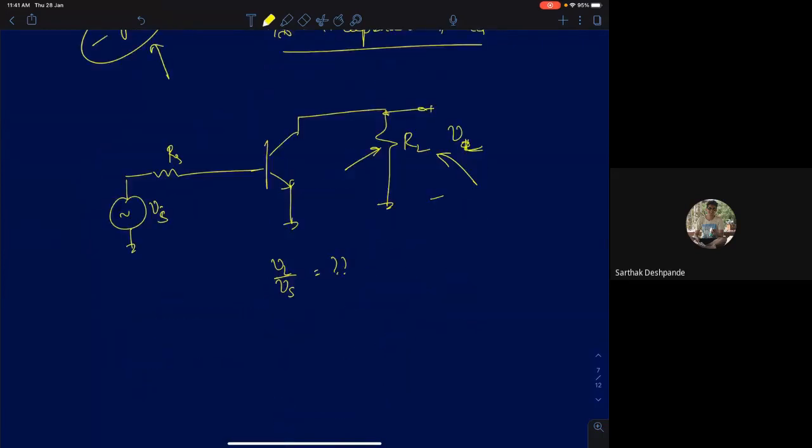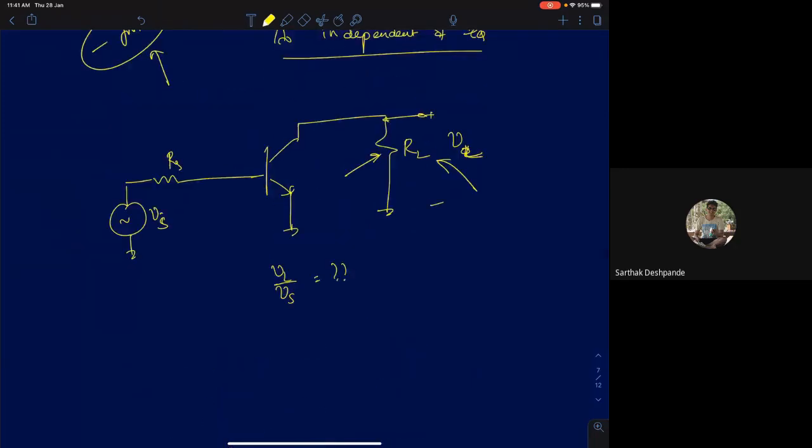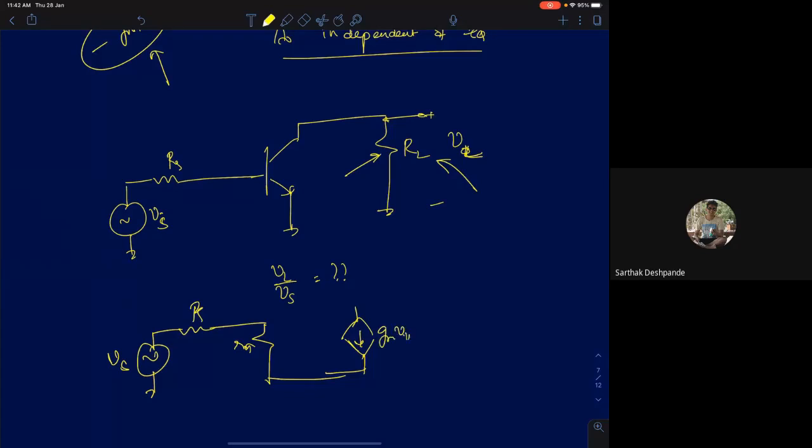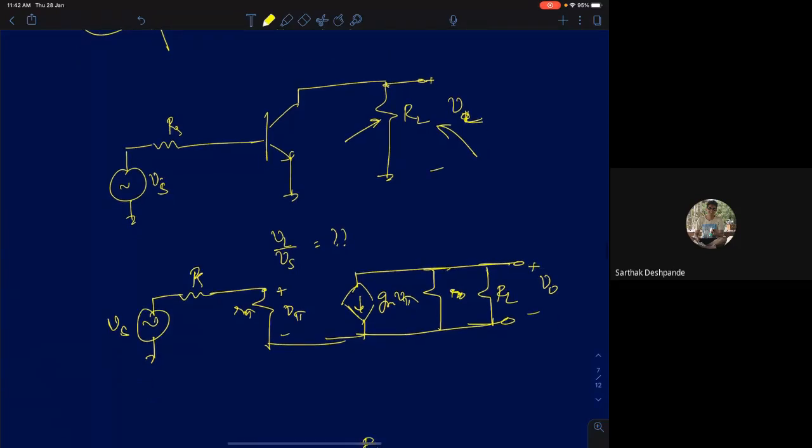Now with the load resistor, if you connect the load resistor, what will be the overall gain? So I will very quickly derive it. I've already derived it in one of the previous lectures when you have a load resistance, but we can derive it again. Draw the small signal model for the BJT. Okay, and you are supposed to find the voltage V naught. See, whenever you are given many nodes in a circuit, go step by step, node by node. What is the ratio of V pi by Vs?